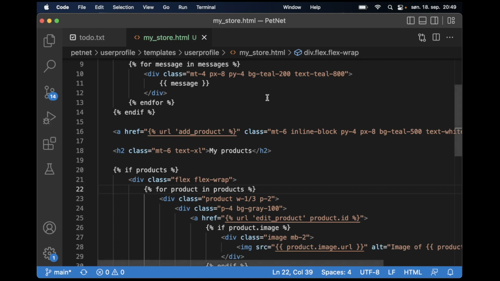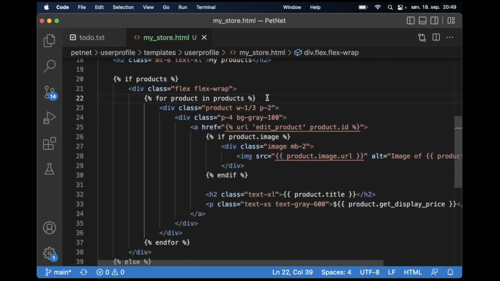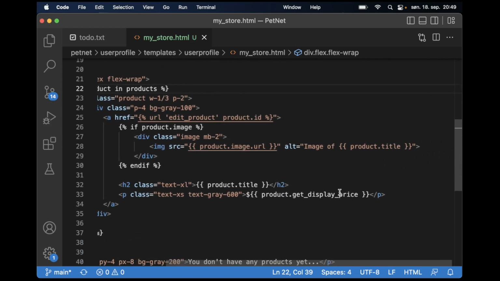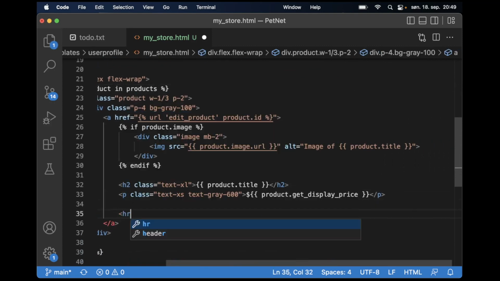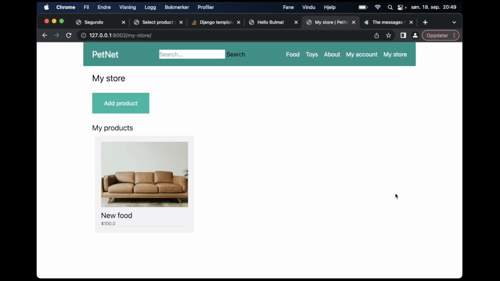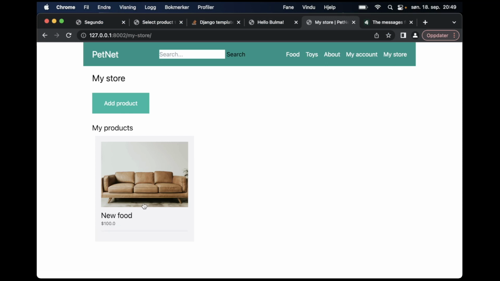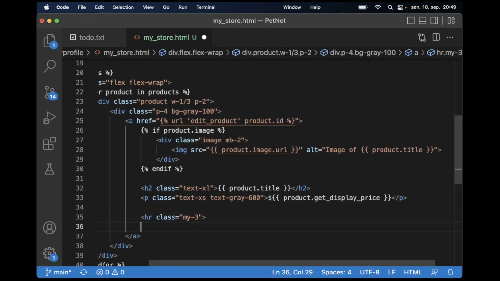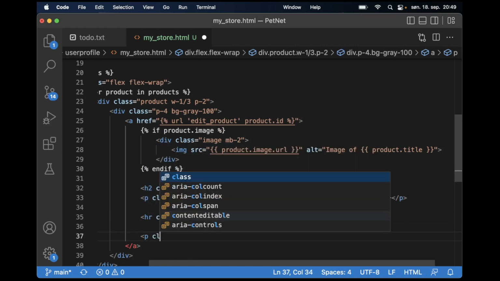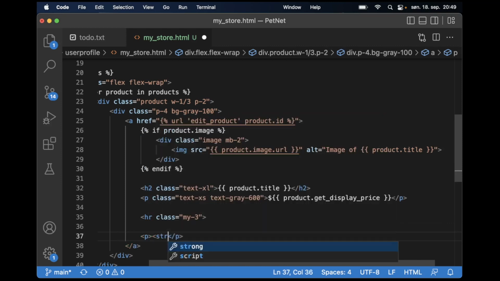Then I open up my store.html, and below the price, add an HR, just for some separation. I can also add a class to this, my-3, so I have some space above and below. And then below here I can say p, I don't have any class, strong status,